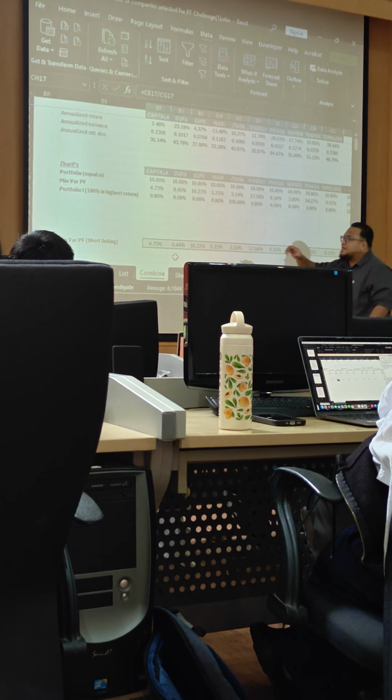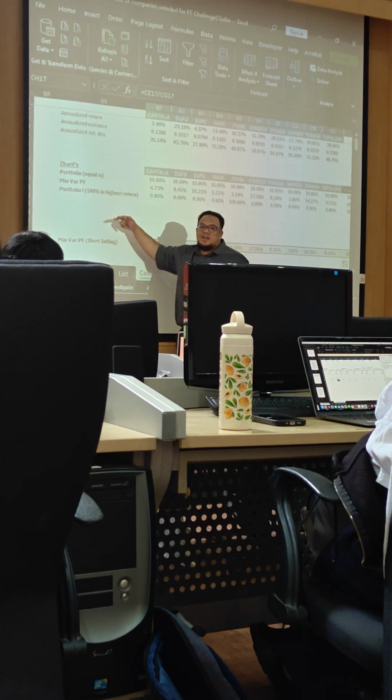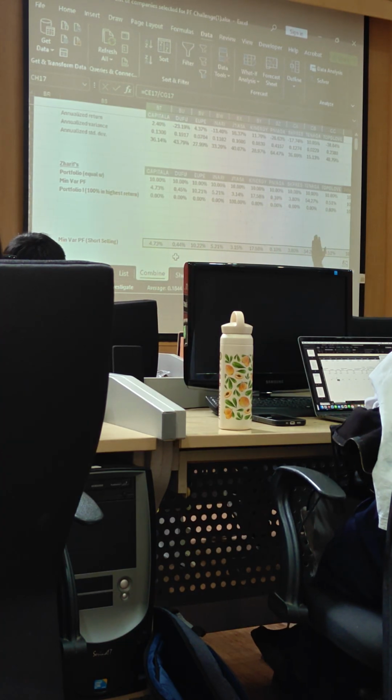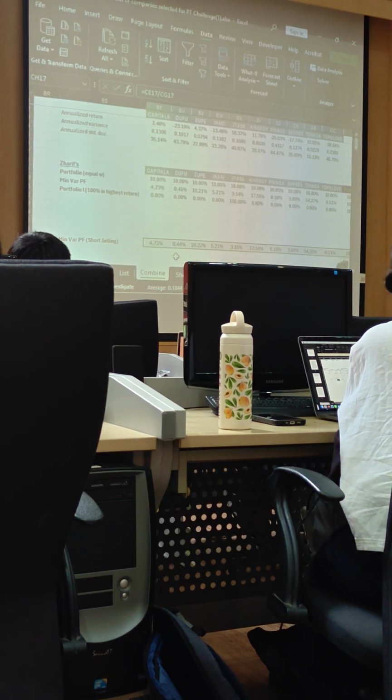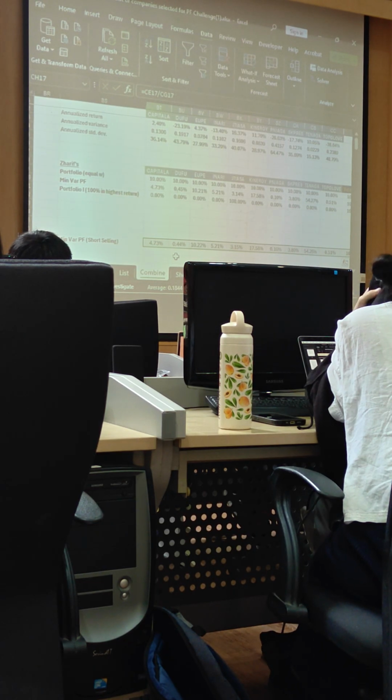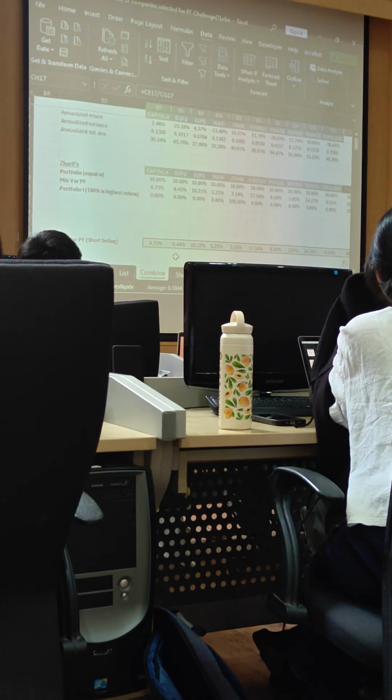Now, this is only based on minimum variance portfolio. Minimum variance portfolio adalah kalau kita dah lukis nanti dia paling bawah sekali. Okay, paling bawah. So I think in the next class I will teach you